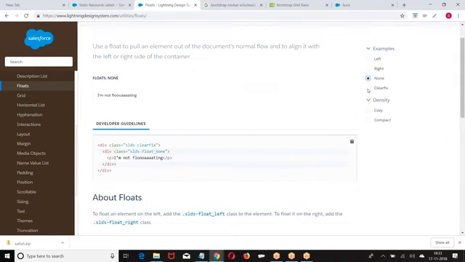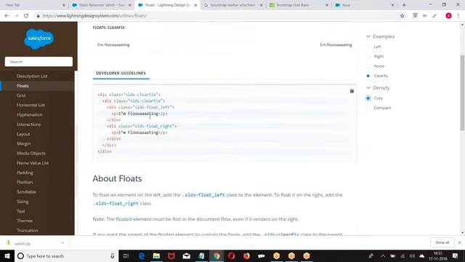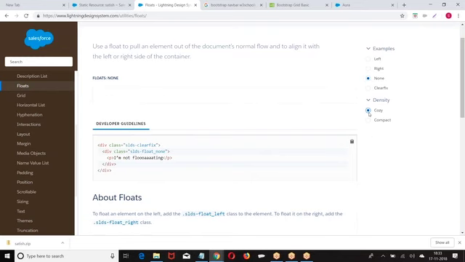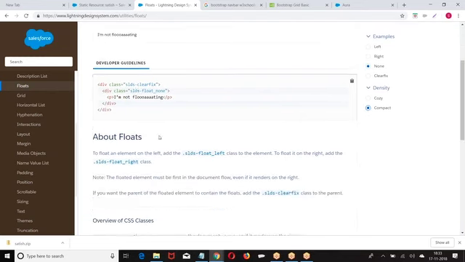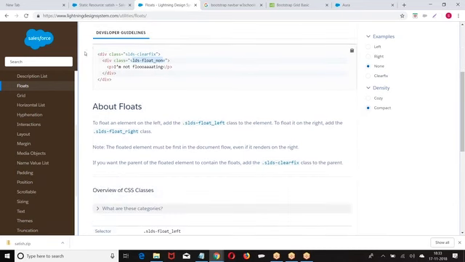Float right, none, clearfix, both sides. So SLDS float none, SLDS float right, SLDS floating the data in the box. Now I gave a class there, right? What did I give? Float left, float right. Instead of that, you can go with SLDS float left, SLDS float right.